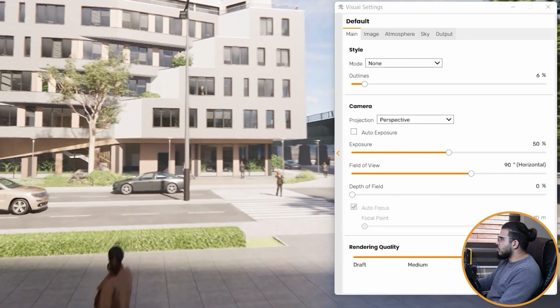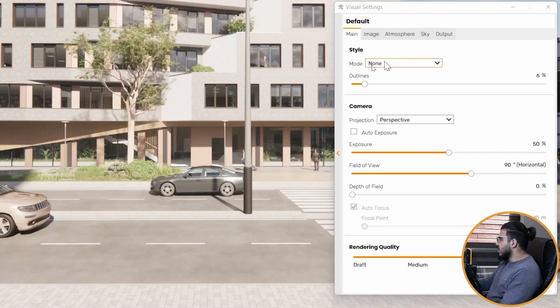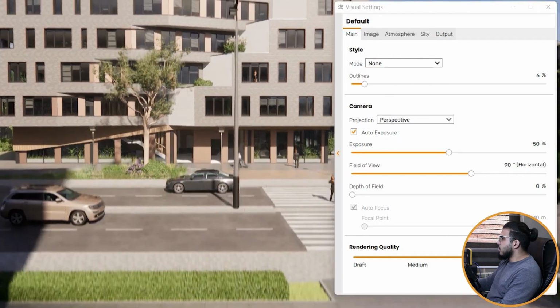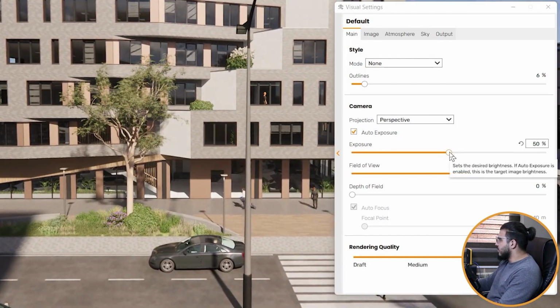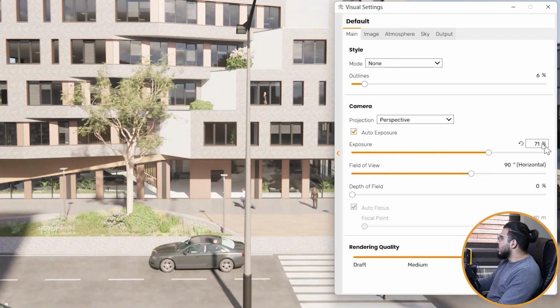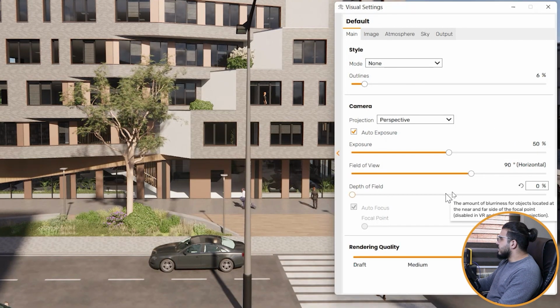It depends on your need, but for beginners and intermediate users, it is better to use auto exposure because it is hard to achieve the exact lighting. So let's turn on the auto exposure, but you can change the overall exposure with this slider that we have. For example, we can make the scene darker or brighter, or you can just restart it to the default number that we had.